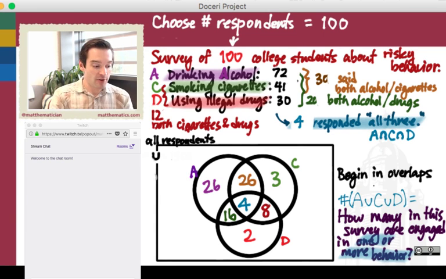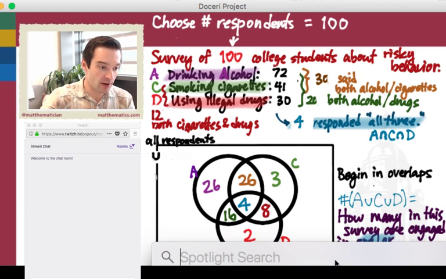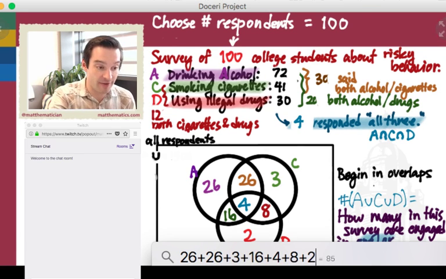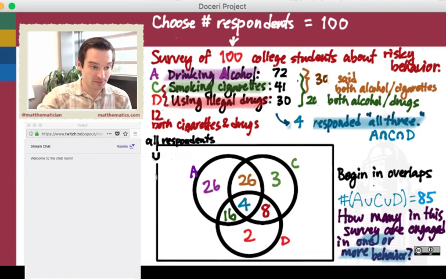And now if I add up everybody that's in all of this union, we'll figure out how many people in this survey are engaged in at least one of these behaviors. 26, 26, 3, 16, 4, 8, 2, 85. So if those were my percentages in my survey, then there's 85 out of my 100 people who said that they do at least one of these behaviors. That would therefore mean that there are 15 people, the leftovers from 85 to 100,